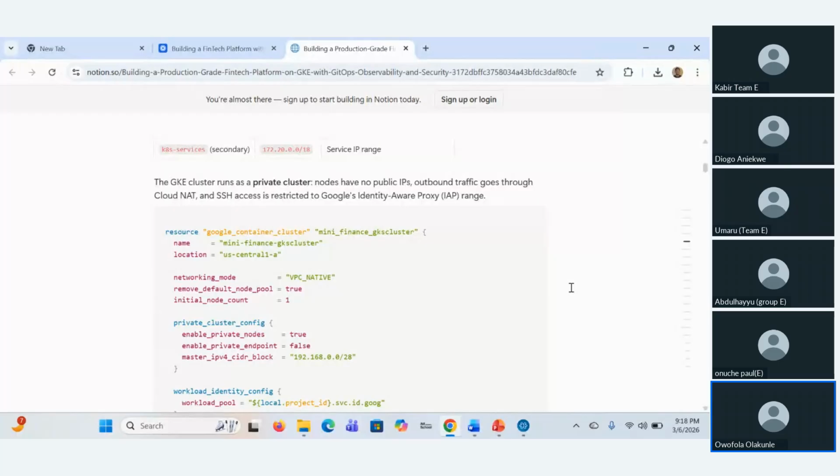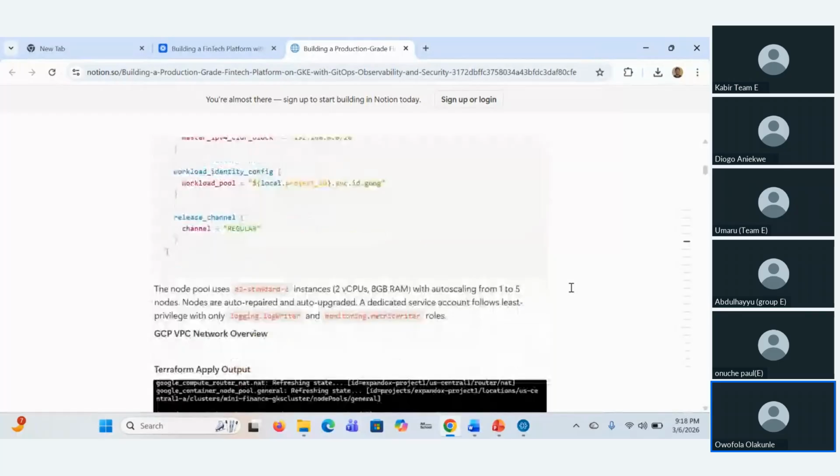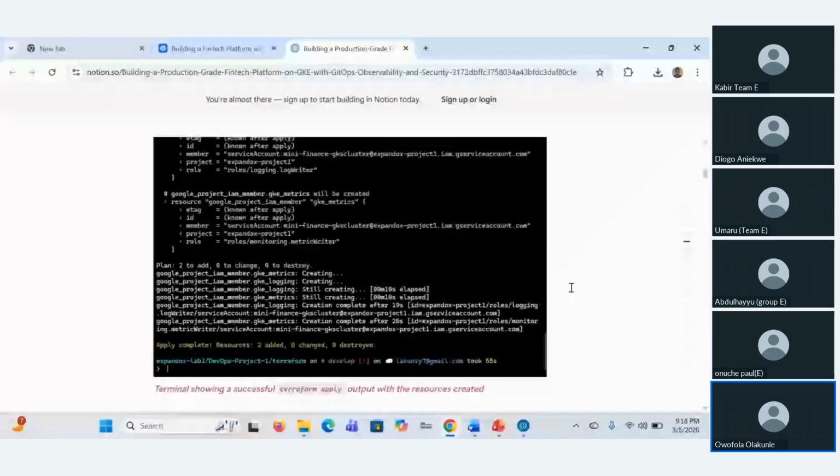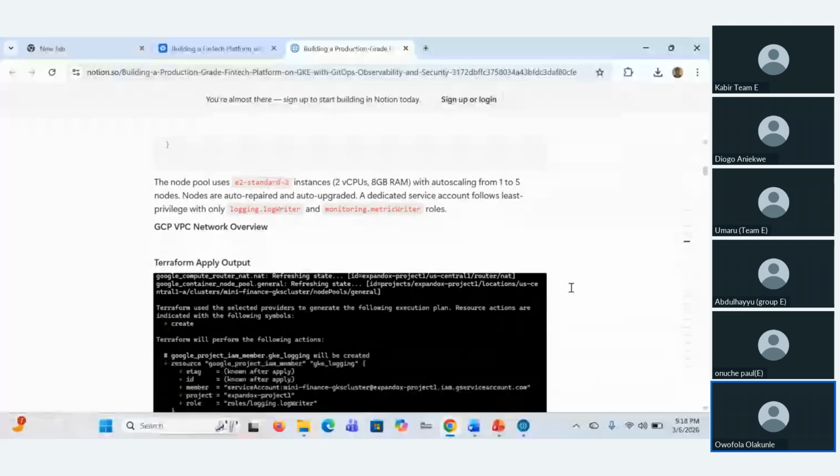Our cluster name is Mini Finance GKE cluster, and for the node pool we use an E2 standard instance, with 2 vCPU and 8 gig RAM, with auto-scaling from 1 to 5 nodes. So in case our cluster requires more resources, we just spin up nodes up to 5.